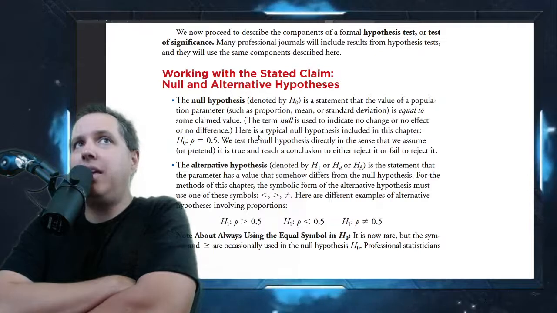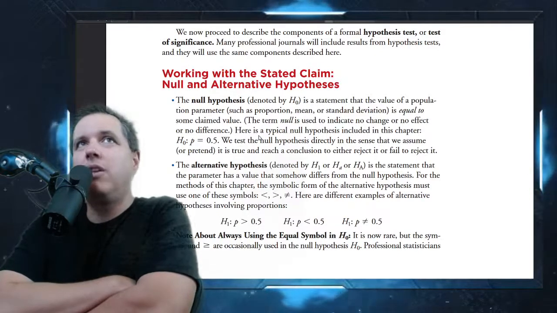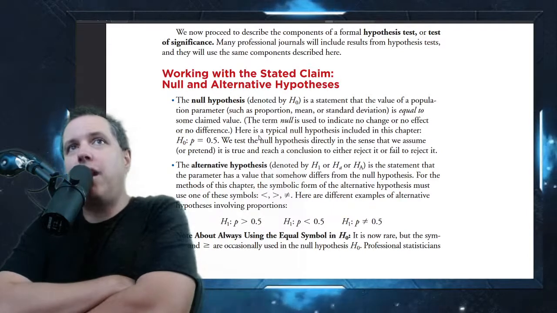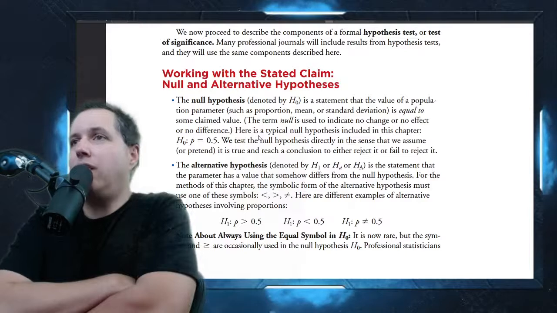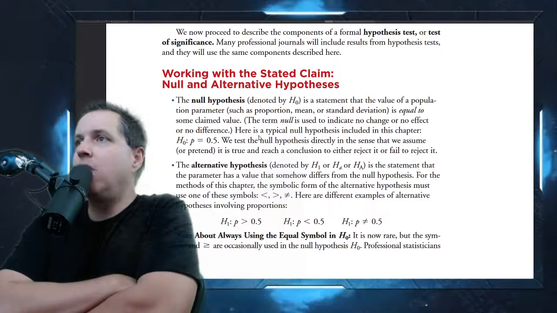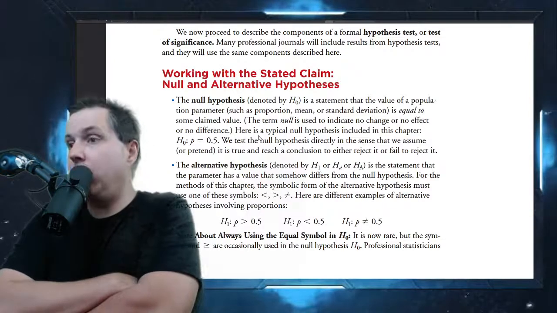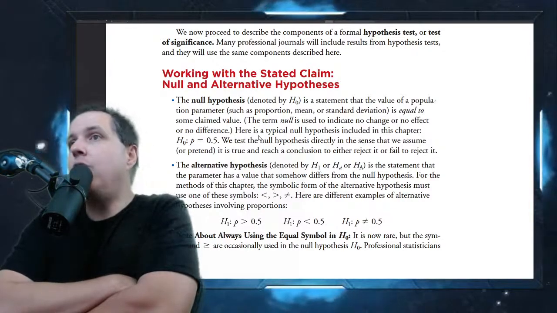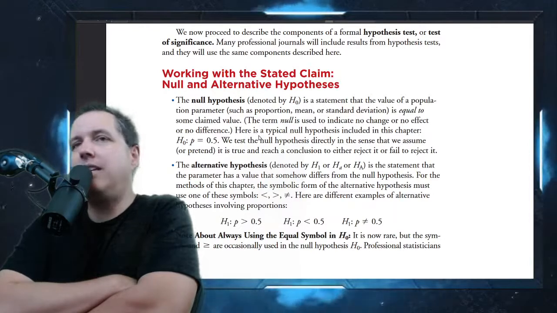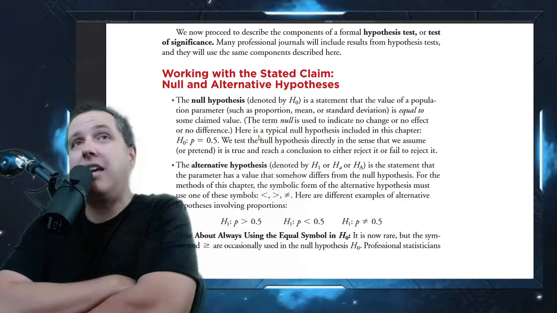By getting a p-value, that's our probability. There's a few p's that go on with hypothesis testing, so you have to be careful. What we actually hope to do is reject the null hypothesis. Well, if we've rejected the null hypothesis, then what's left? The alternative hypothesis. So if you're hoping to have a certain outcome, and I don't mean by being devious or trying to be misleading or anything, I just mean if you're a researcher and you're like,